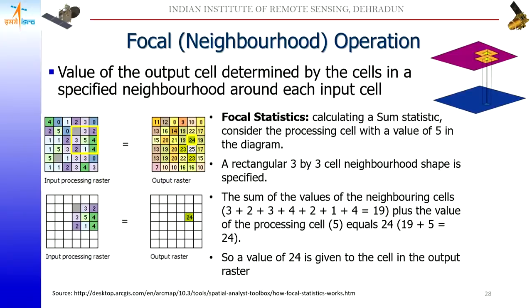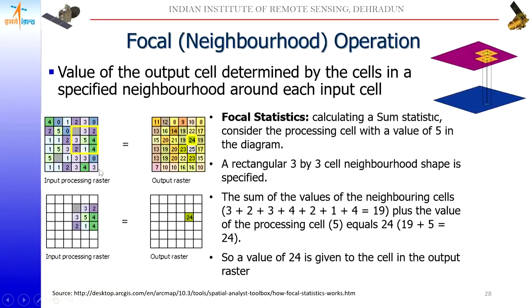Apart from the local operations, which are primarily done on a cell-by-cell basis, as I said, the classic examples we have seen are the overlay or arithmetic and logical operators, with reclassification being another. The other category of operators is called focal, wherein not only the current cell but the surrounding pixels are also taken into consideration. Now in the focal operation that we perform, we could be looking at various kinds of statistics. It could be sum, it could be variety, which is what are the various values that are present, what is the majority class, minority, sum, mean, and so on. Here I'm taking an example of focal statistics with sum being the statistic.